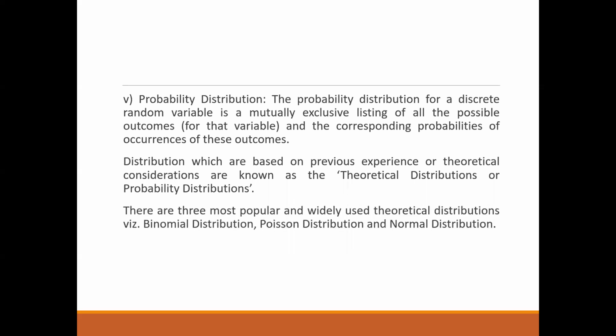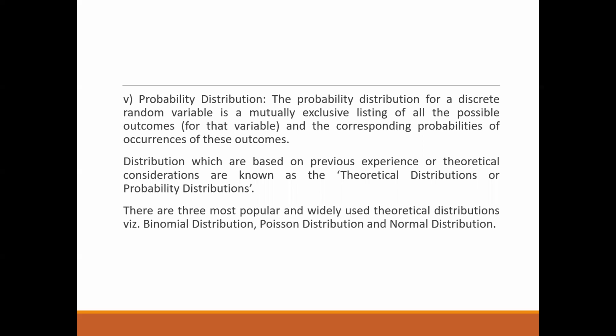I hope it's making sense here. There are 3 distributions that we will be making use of: the binomial distribution, the Poisson distribution, and the normal distribution. Your Poisson distribution is very important because we are going to use it for queuing theory as well. In the next unit, or in fact in this unit itself, we have queuing theory where Poisson distribution and normal distribution will be used frequently. So understanding these types of distribution is very important.